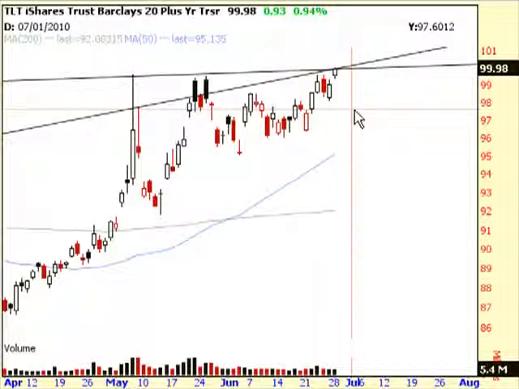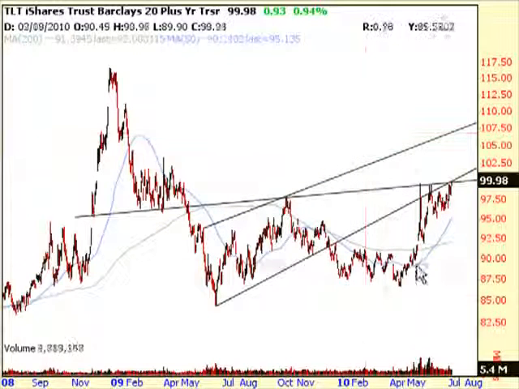What I wanted everyone to wrap their head around is that as bonds are going up and yields are falling, that means people are running to bond pricing, and they're buying up these bonds at alarming rates right now because they're scared about the equity market. They have a choice to put their money in stocks or in bonds, and when they put their money in bonds, they're taking their money out of risky equities and fleeing to the safety of the bonds. So this is a pretty interesting chart.